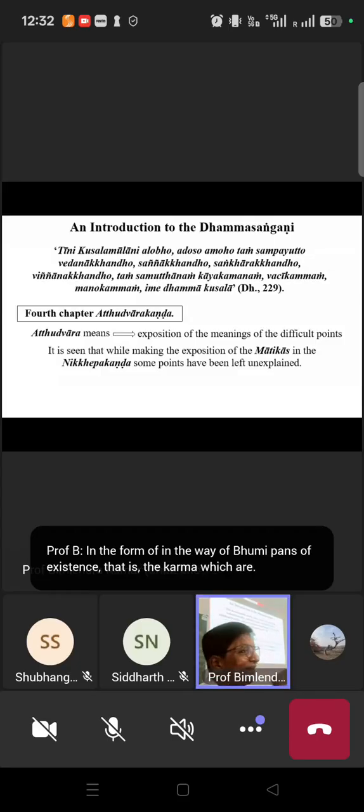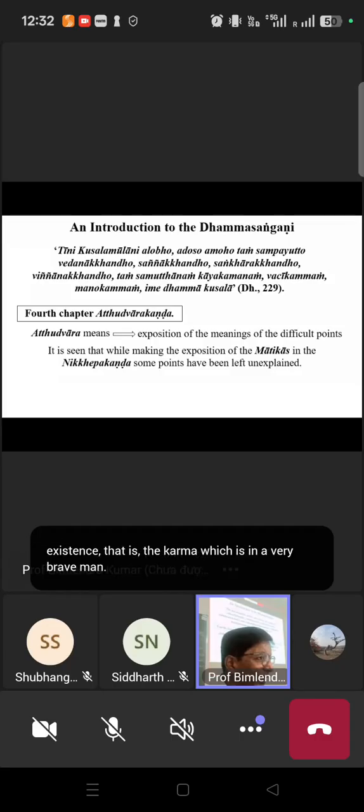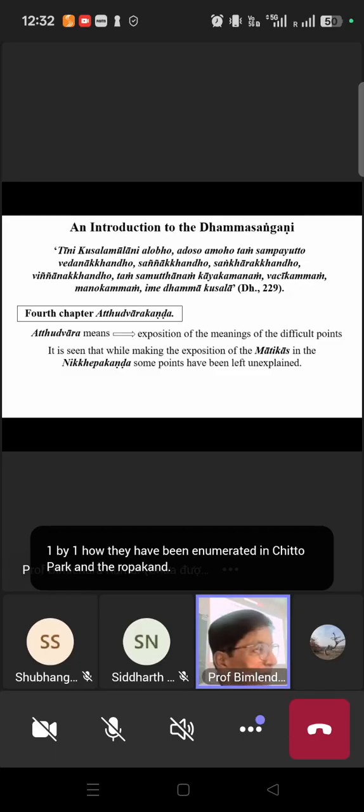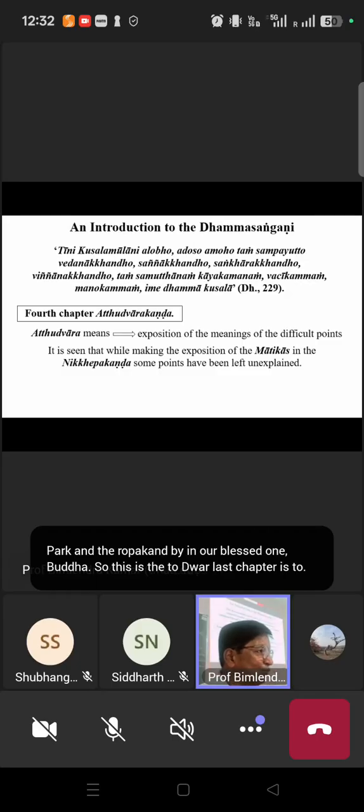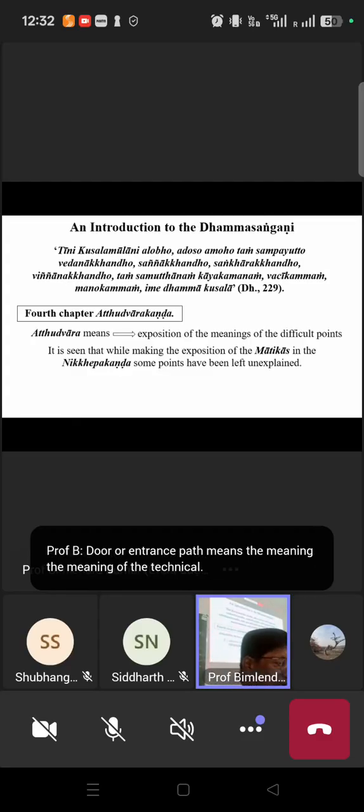But here it is in a very brief manner, for memorizing by the Acharyas, what is kusala, what is akusala, what is abyakata. We will discuss one by one how they have been enumerated in the Cittuppada Kanda by the Blessed One, the Buddha. So this is the last chapter, the Atthadvara. There are two words, attha and dvara. Dvara means door or entrance. Attha means meaning, the meaning of the technical terms which have not been defined in